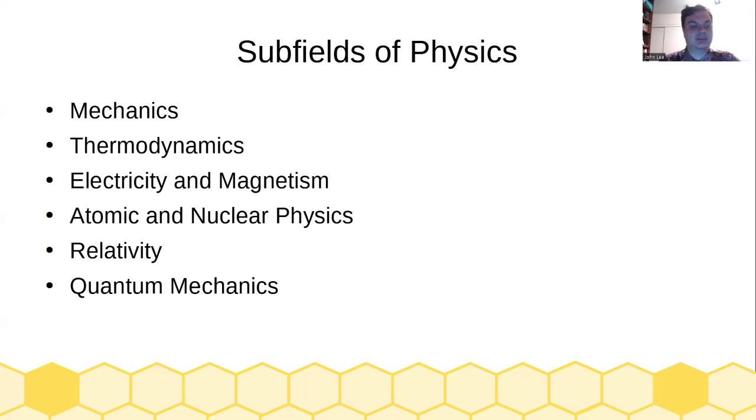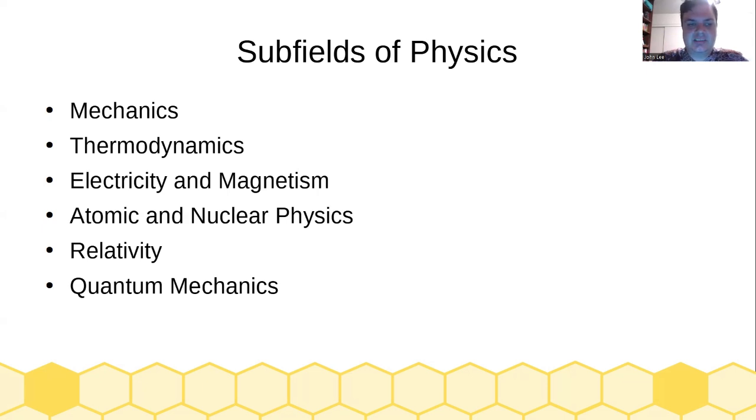Thermodynamics is going to be mechanics or the study of physics generally with large scale objects, which are called macroscopic objects, just to be clear. So that is the study of the phases of matter, solid, liquid, gas, as well as other phases, and of how heat interacts with matter as you have these large amounts of atoms interacting and having properties that emerge from their interactions. Electricity and magnetism is